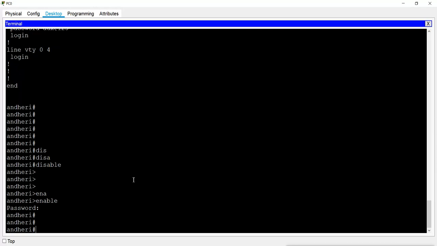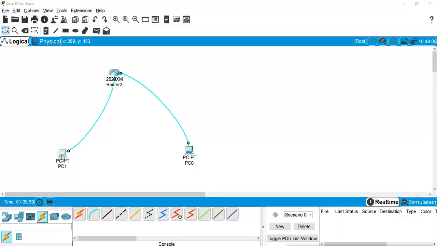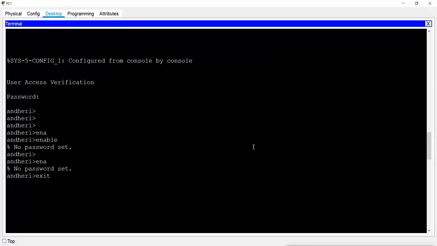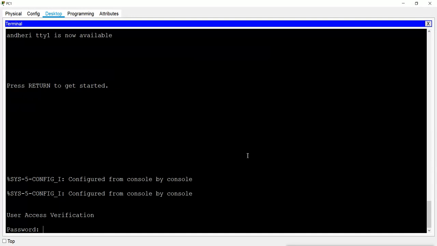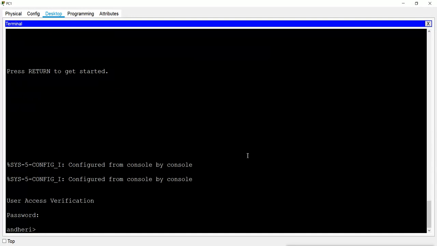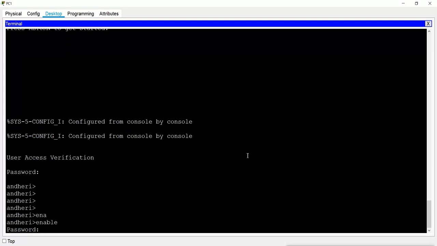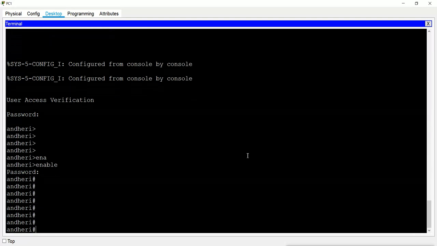And if I connect from the auxiliary port, it will still ask me the password, and now it will allow me to go into the privilege mode because now there is a password and it is set. Previously it was not allowing me to go. Now there is a password, and if I know the password ABC@123, I can go to the privilege mode, and if I can go to the privilege mode, I can go to the global configuration mode and I can configure it. So I can access it now from the auxiliary port or even from the console port.